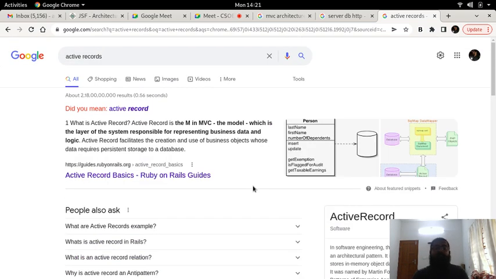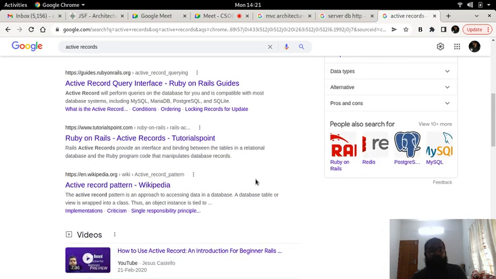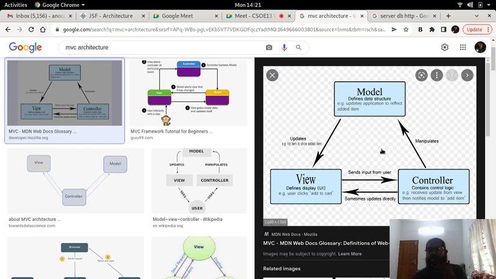Ruby on Rails describes it as the active record pattern, and it means that instead of manipulating the rows and columns in the database server, the model allows us to manipulate the data as an object. So you can incorporate object oriented programming in here also.